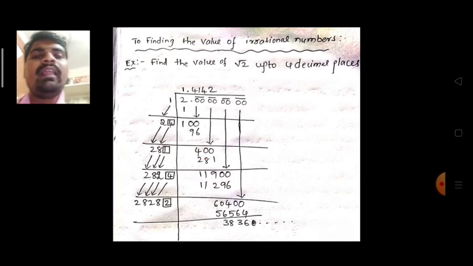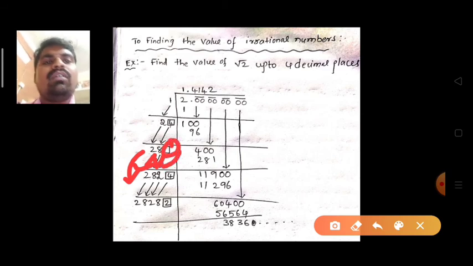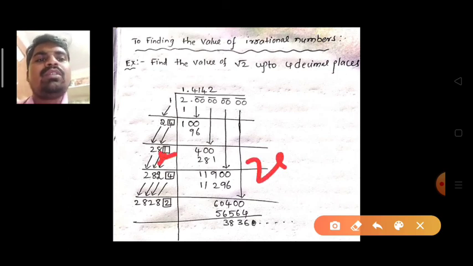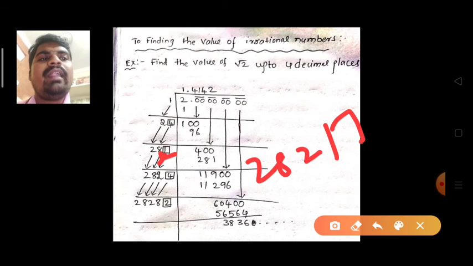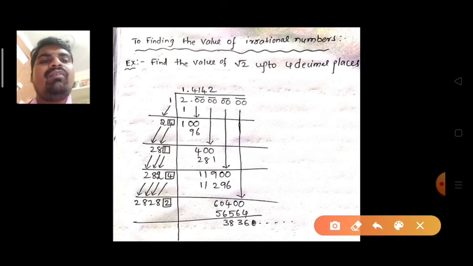Again very important, how to write the digits in the divisor in the next step. Very simple. Already 2, don't make it double, write as it is. 8 also write as it is. What is the number in the box? Make it double. Here 1 is there, so make it double, that is a 2. So actually 282. So again you write empty box. Same process. If you write 1, you write in the quotient 1. If you take 2, 2. Like that you have to apply. So here 4 is possible. I wrote 4 only.